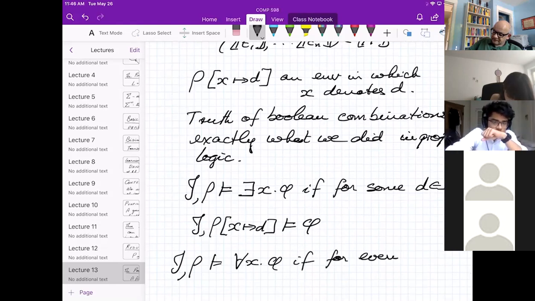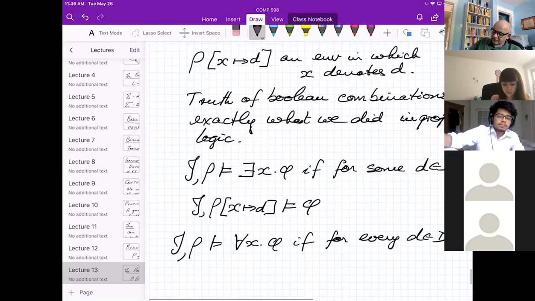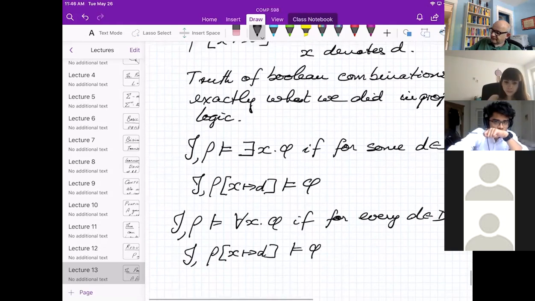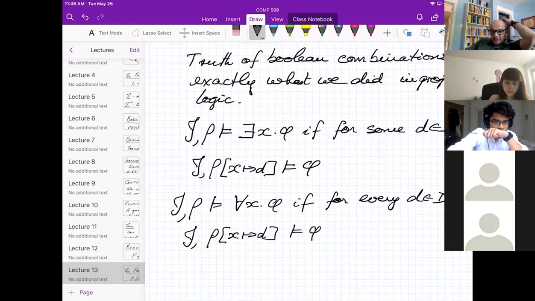And analogously for the universally quantified formula. So that's what interpretation means.